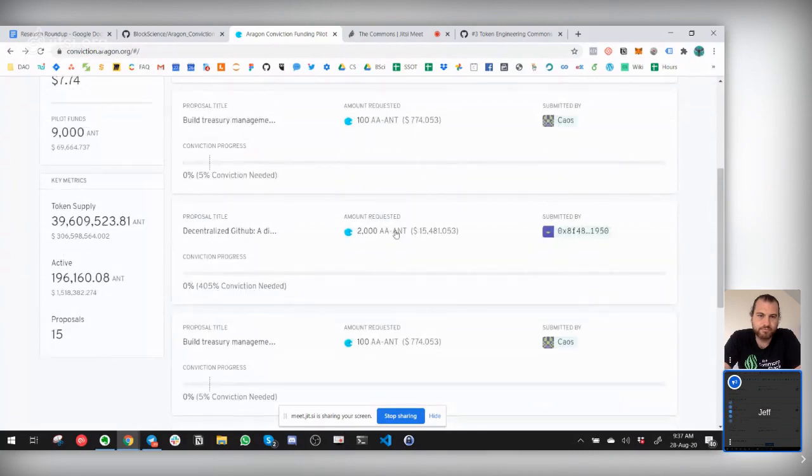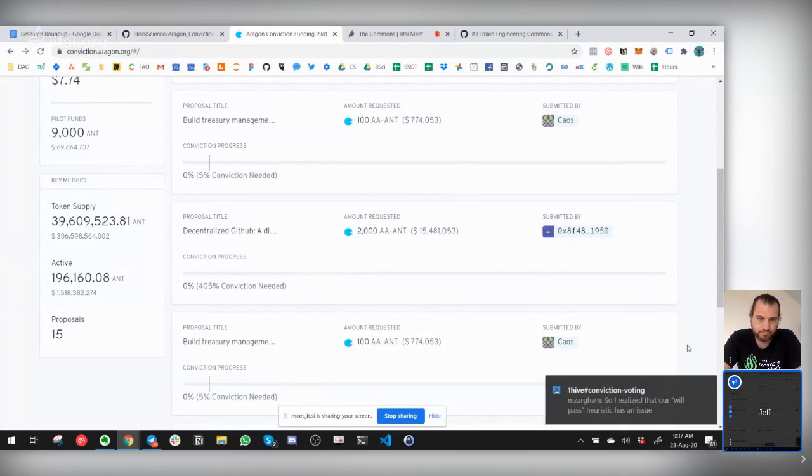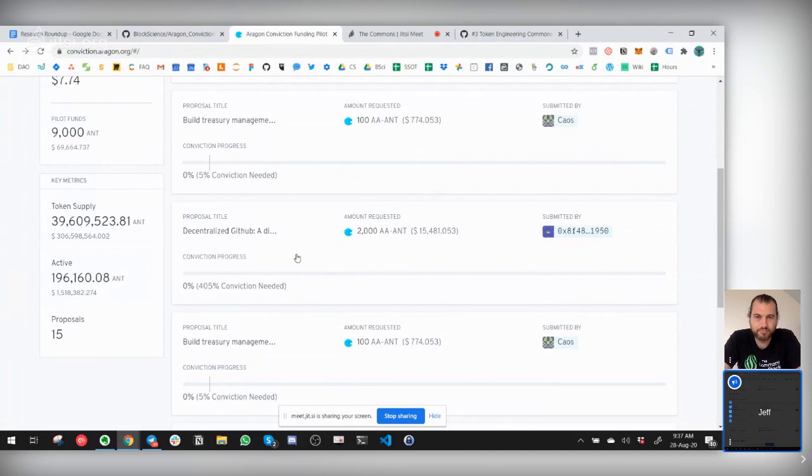If you request a significant portion, so 2,000 over 9,000, that's 25% of the total fund, you need more conviction than is available. So we can see the limits of these systems. Actually, this is the beta parameter. Beta would be about 15 or 20%, the maximum percent of funds that you can request. If you request more than that, it's literally impossible. With all the tokens for all of the time supporting that proposal, still can't get enough conviction.